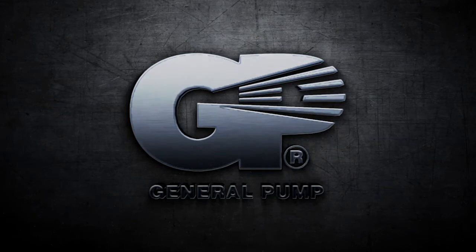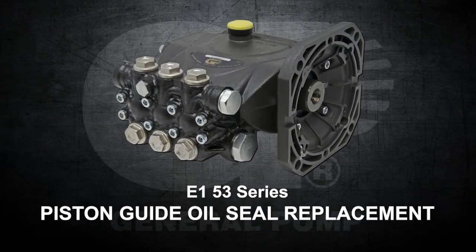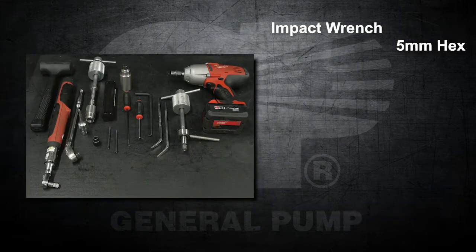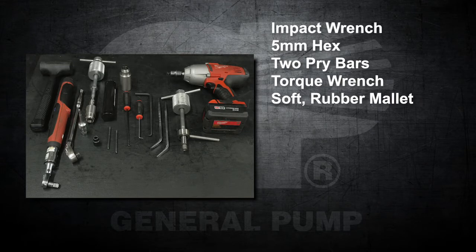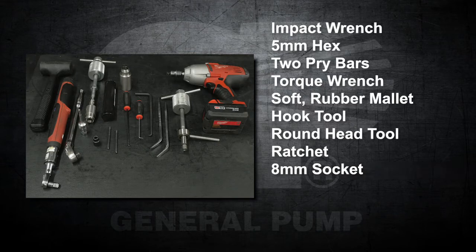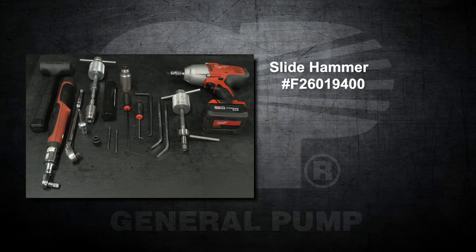This is a piston guide oil seal replacement video for the E153 series. The tools you will need for this repair include an impact wrench, a 5mm hex, 2 pry bars, a torque wrench, a soft rubber mallet, a hook tool, a round head tool, a ratchet, an 8mm socket, silicone lubricant, 2 M6 1mm positioning pins, a slide hammer part number